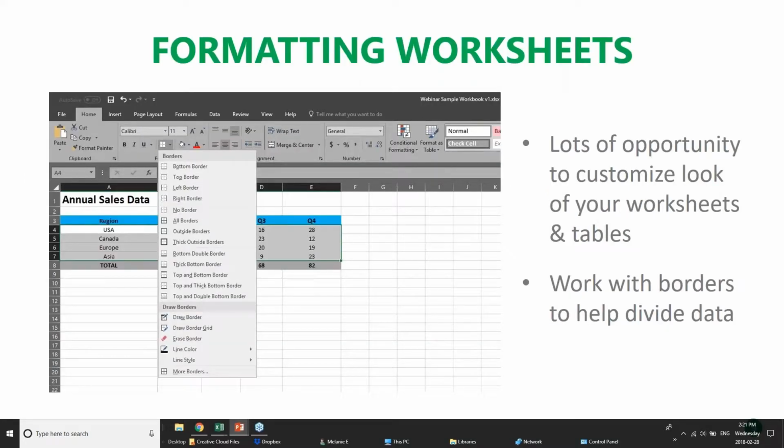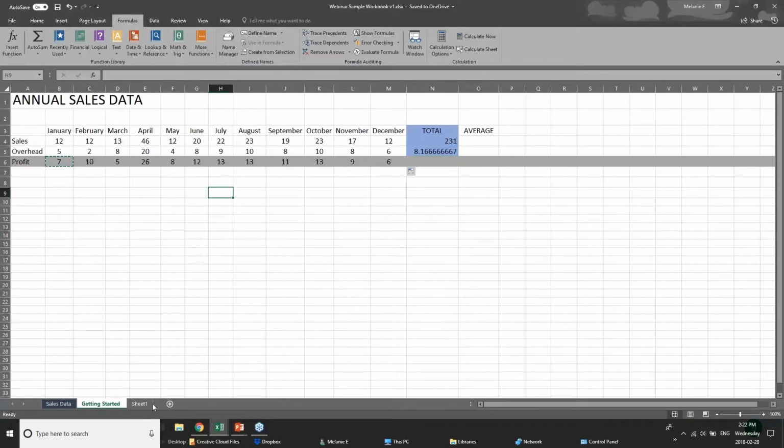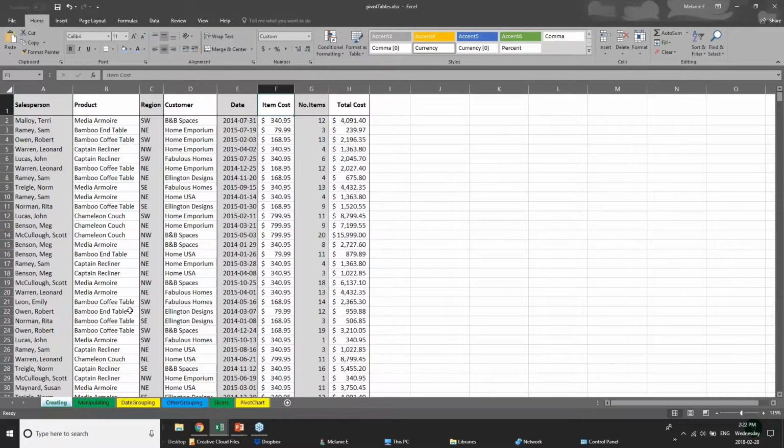So once you've put a worksheet together, if it's not very much data, it's kind of easy to look at, I guess. But if you are working with lots of data and lots of rows and lots of columns, it's really hard on the eyes, especially if your information is not formatted well. So Microsoft has lots of capabilities. Let me just go here to another spreadsheet. Here's one. Now this one has